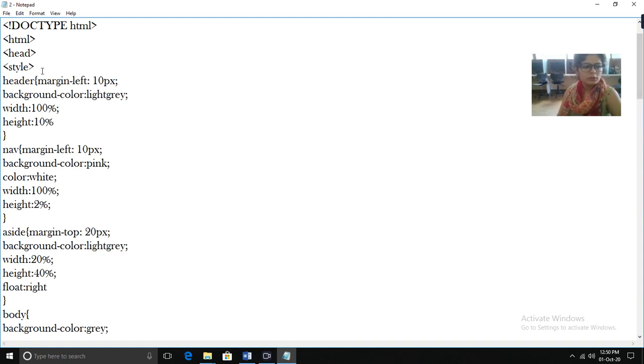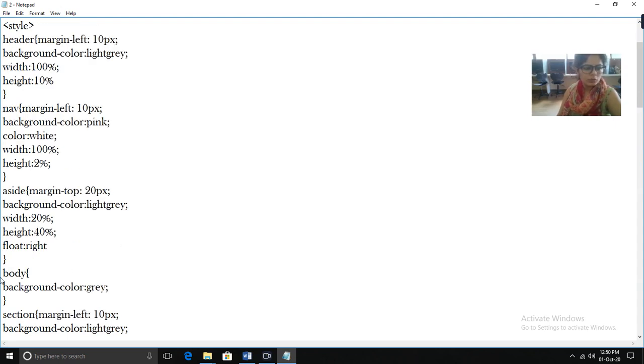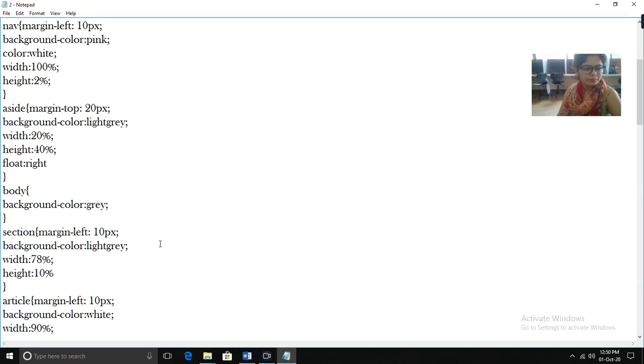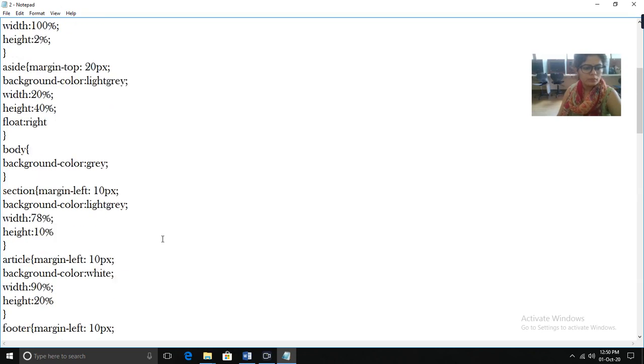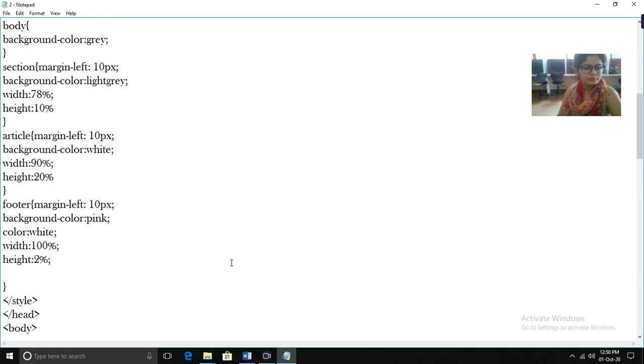So this is the start of the style tag: header, navigational, aside, body, article, footer, curly bracket close, style tag close, head tag close. So with this we have completed the CSS part.